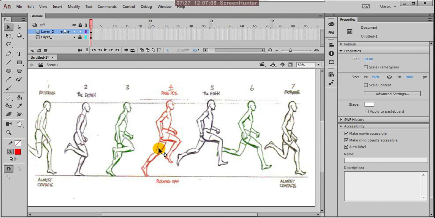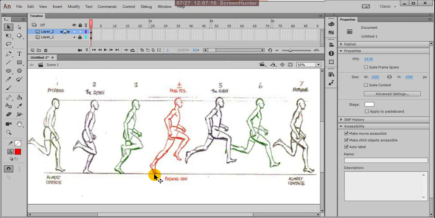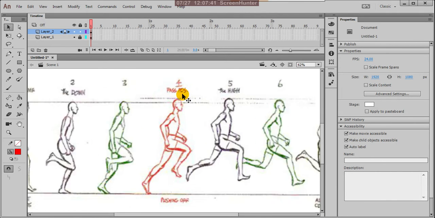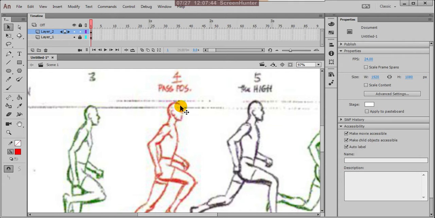The body stretches into the air, because you are supporting your whole body weight on the toe, balancing on just the foot fingers. That is why your body stretches into the air and reaches above the line.